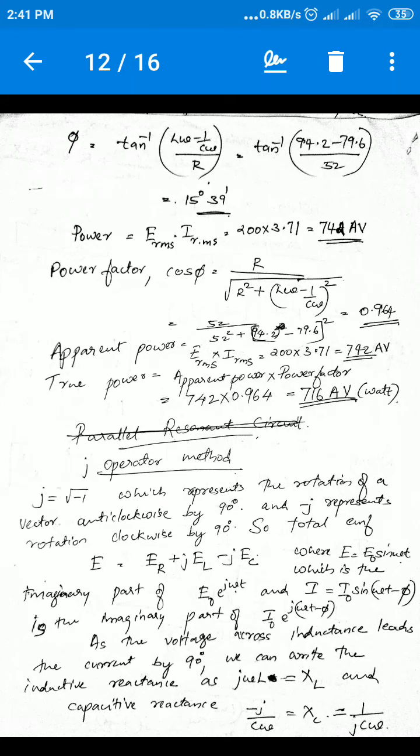Okay, today we are going to study the LCR circuit in a different method. The same LCR series circuit we are taking, and it is the new method which is called the J operator method. This is the same thing we have studied earlier, but in a little bit different manner. We are going to write its current and voltage and the phase difference phi. The values of all these three we will be deriving using this J operator method.